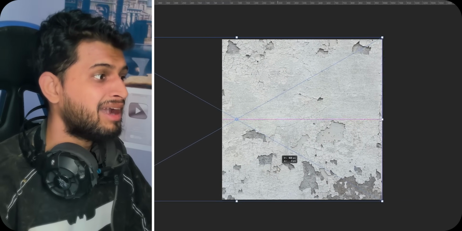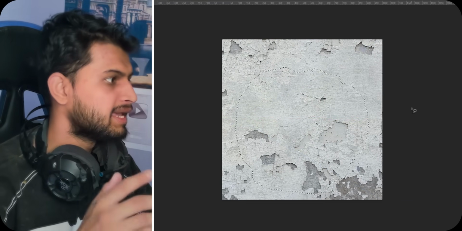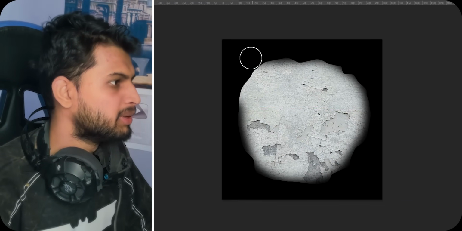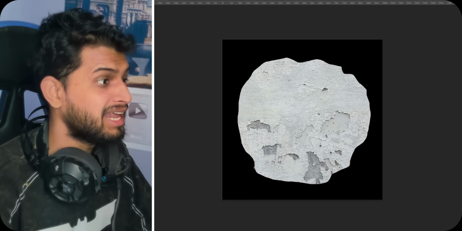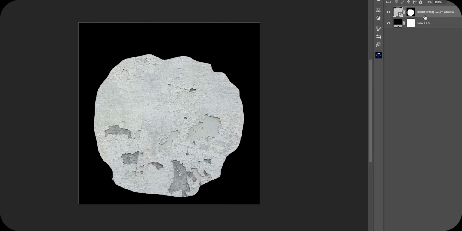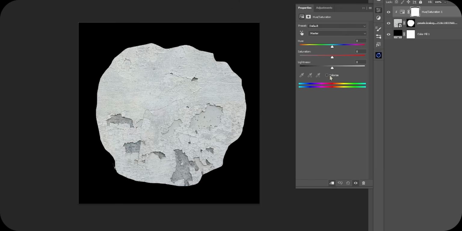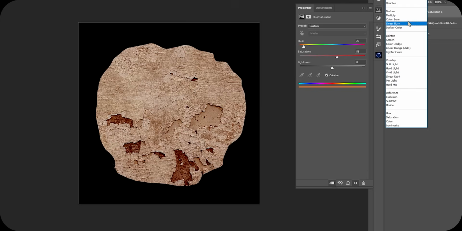Now this is very important step, so pay attention. Import your image and create a random shape which is going to be our decal shape. If you want, you can also make this edges smooth and then add a black background. This black represents transparency, meaning all this stuff in the black is going to be transparent. You can do some color adjustment to improve colors, as this is going to be our diffuse map, and then